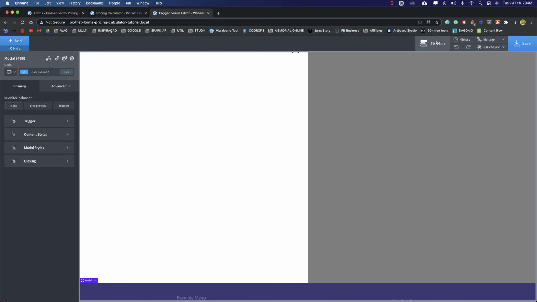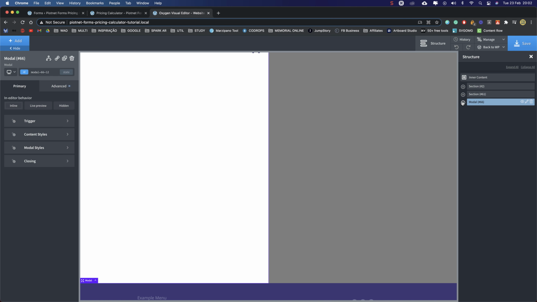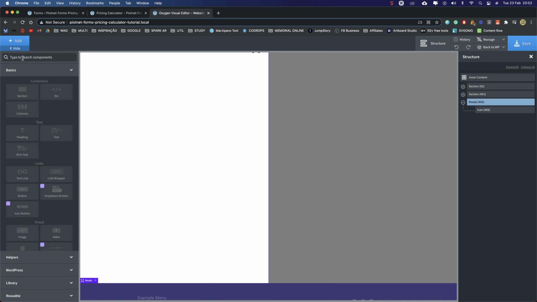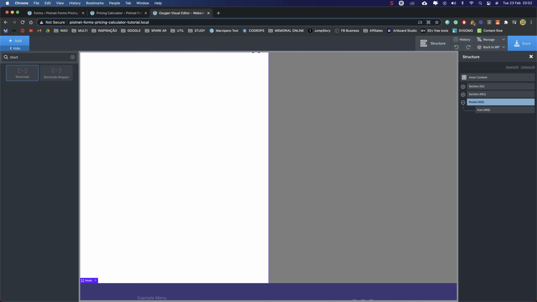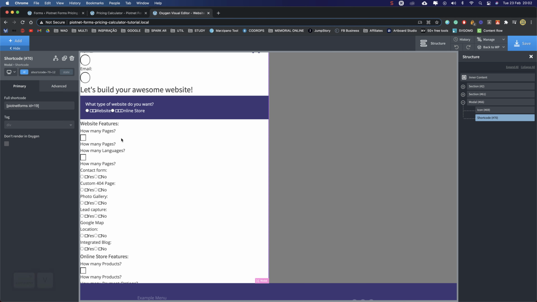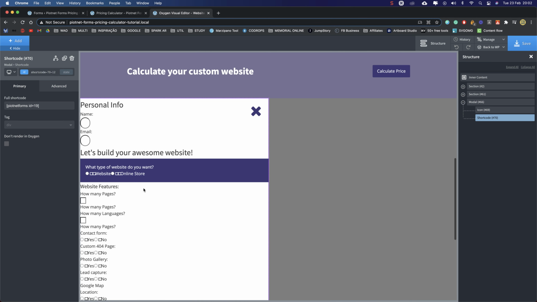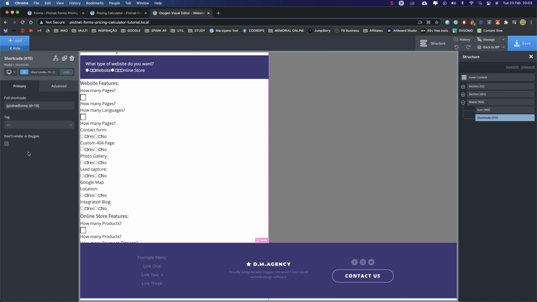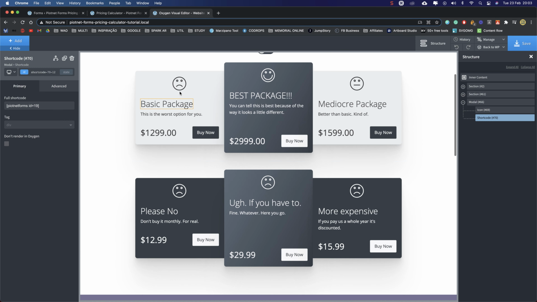Now we are here in Oxygen in the modal, and we can add a shortcode. Let's add a shortcode here and paste that shortcode inside. It will look broken, but trust me, it will look great on the front end.